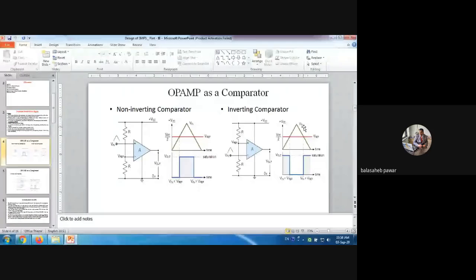And in case of the inverting comparator, we can generate a single pulse. Correct, right? If we keep the peak amplitude of that triangular wave, that is the carrier, the same, as well as the reference voltage also the same, only if we interchange the input terminals of the op-amp, the thing you will observe is the width of the pulse. Here it is somewhat less as compared to the single width obtained using the non-inverting comparator.